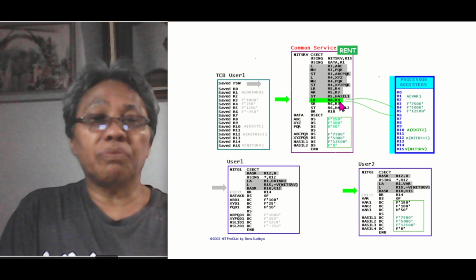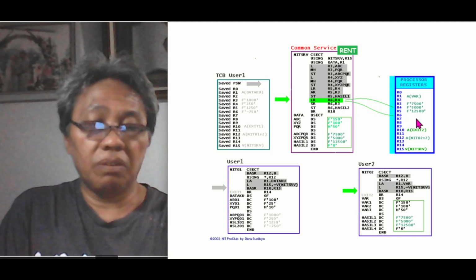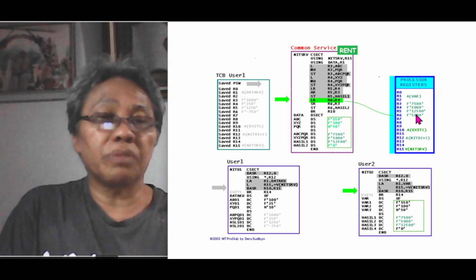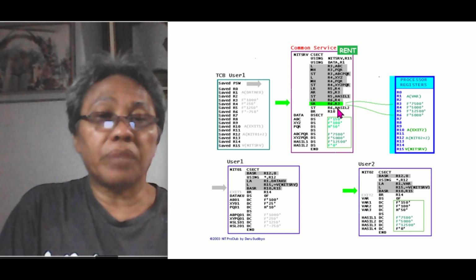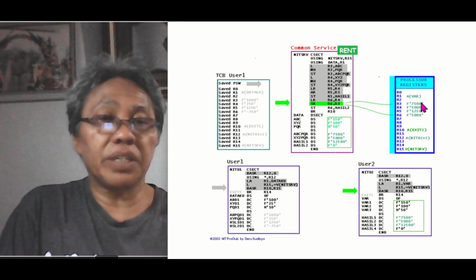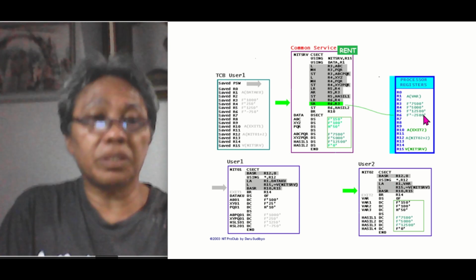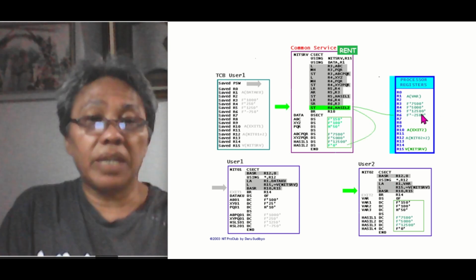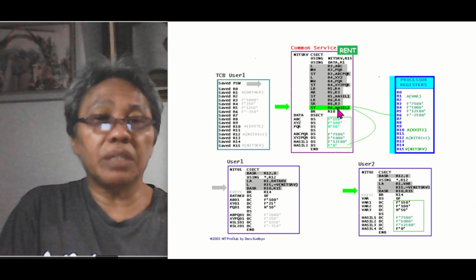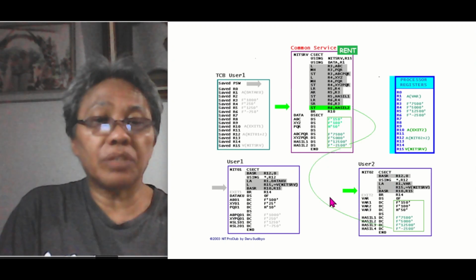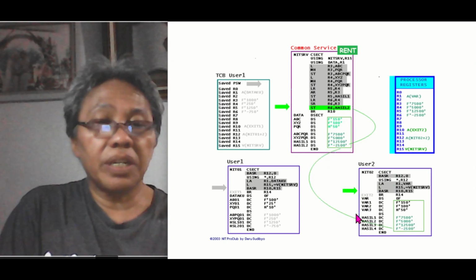Copy the content of register 4 into register 6. So register 6 then contains this one from register 4. Then subtract register 3 from register 6. The result is then stored into register 6. So register 6 is updated and becomes like this. Next, store the content of register 6 into the hasil 2 here, which is actually this one, hasil 201 in user 2.